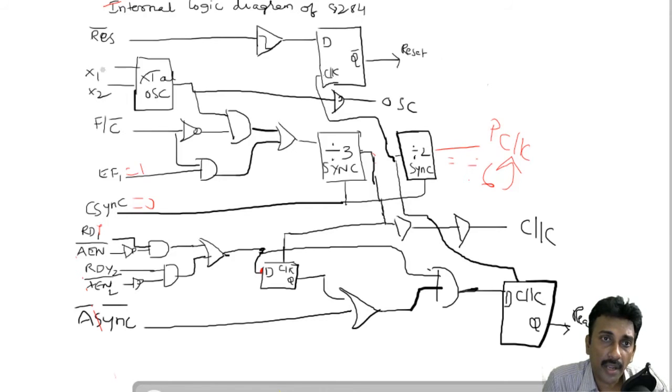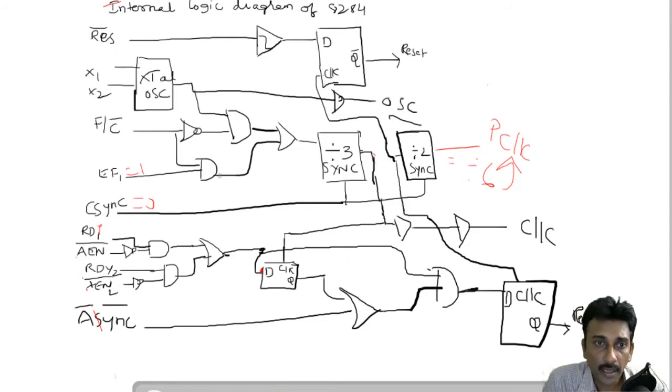Coming to X1 and X2, the crystal pins will be connected to the crystal, so that the crystal frequency comes via the buffer to the oscillator directly, whatever frequency we generate in the crystal. One tapped signal will be connected to the AND gate. This will be controlled by F by C bar. If F by C bar is equal to 1 and the crystal frequency is 1, then the output will be 1 and goes to the OR gate and provides the divided by 3 sync frequency, which is used for the